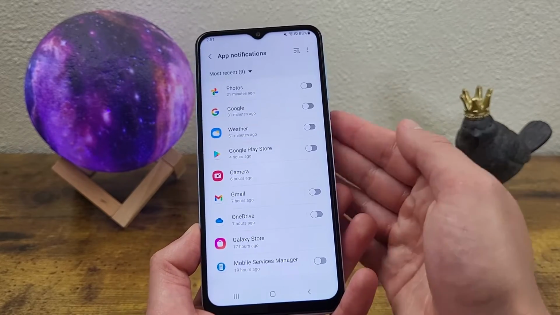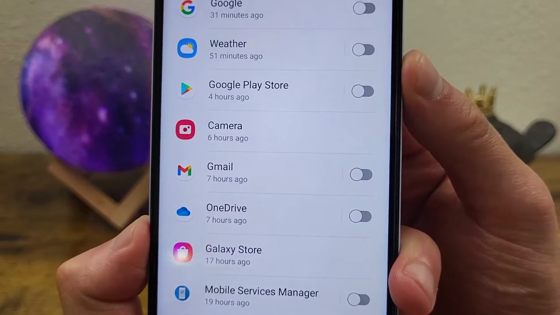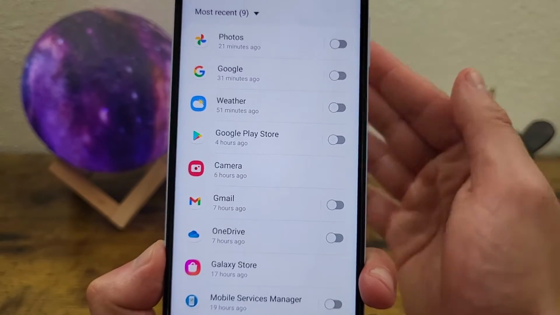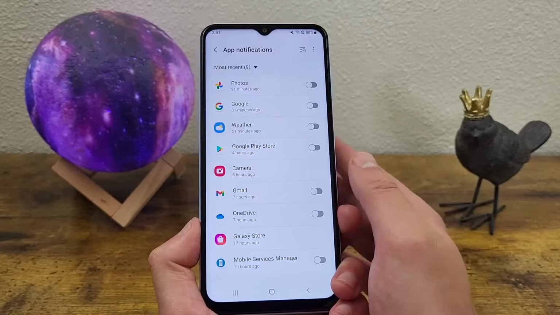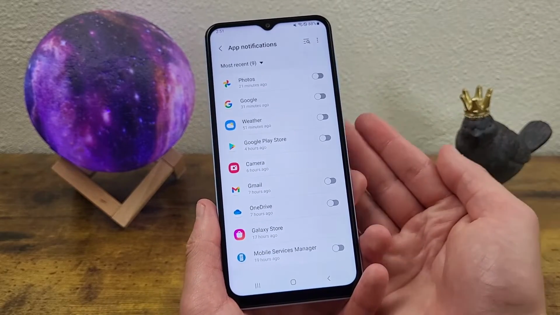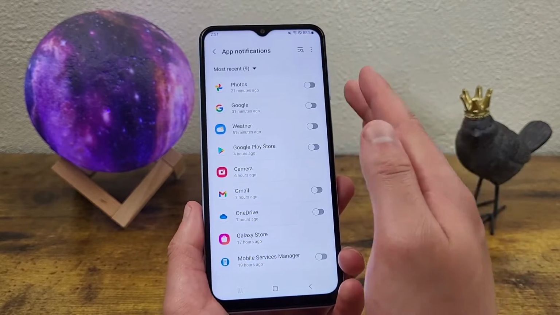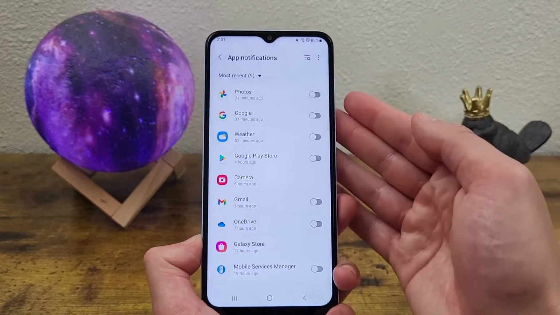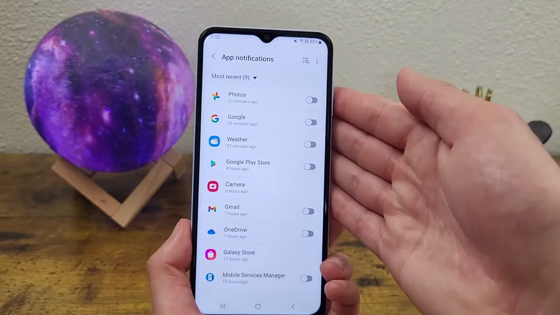Now there are certain ones you can't turn off, like the camera for example. Now I actually didn't get a notification from the camera. I don't know why it's even here, but there are really very few apps like this. For pretty much everything that's actually gonna send you notifications, you can turn it off. There are really just some system things that still pop up,